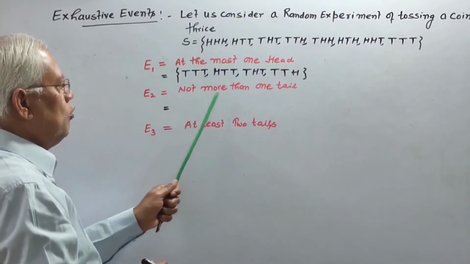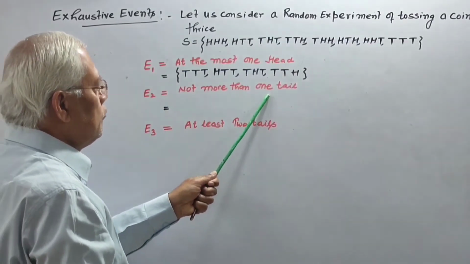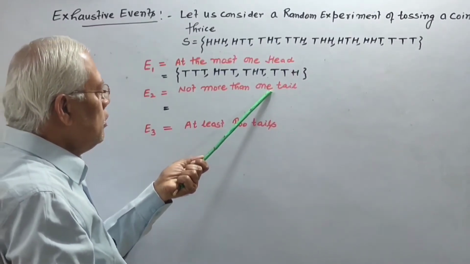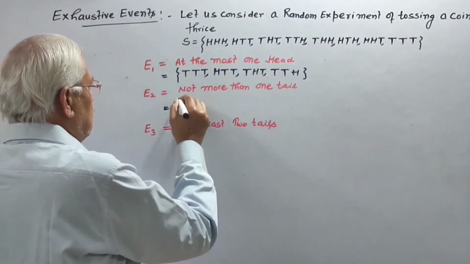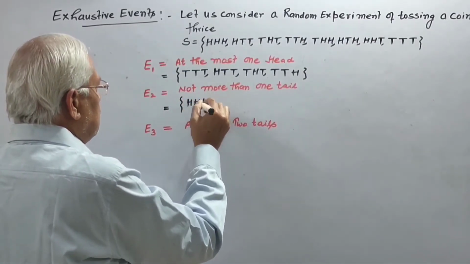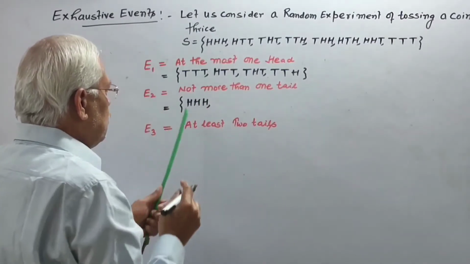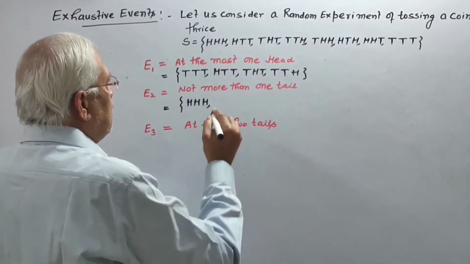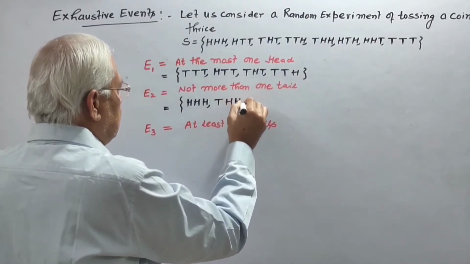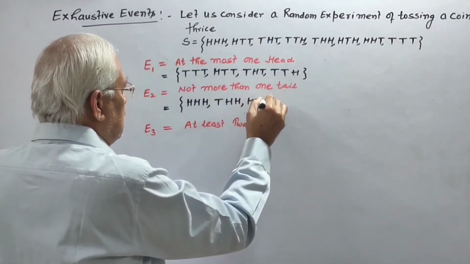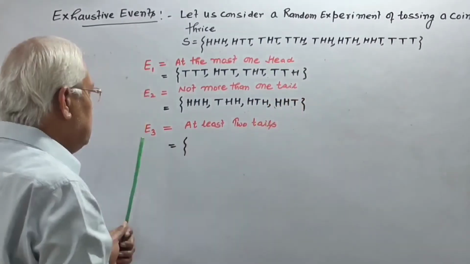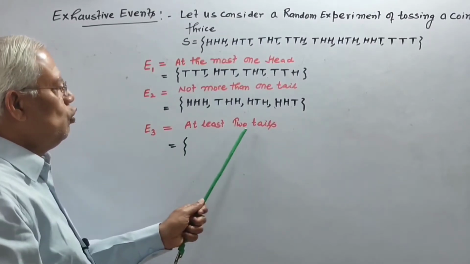E2 is the event not more than one tail. Not more than one tail means no tail and one tail. So, no tail means HHH, 3 heads having no tail, and one tail. One tail means THH, HTH, HHT. E3 is at least 2 tails,